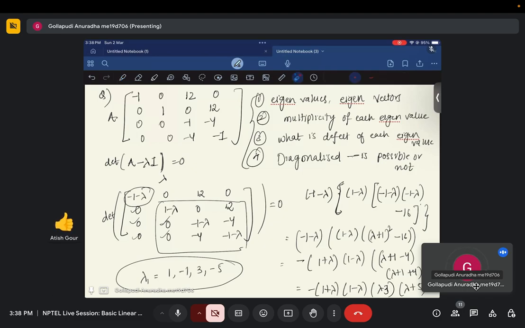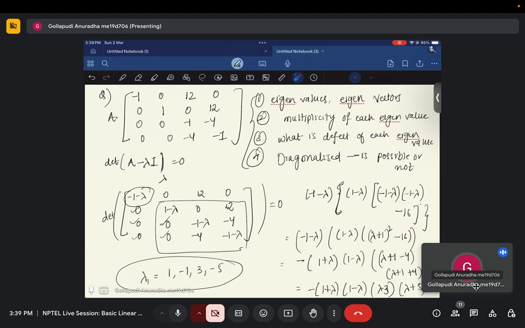So it's a 4 by 4 matrix, but it's a simple one because you have all zeros here. So minus 1 minus lambda into, even this if you're multiplying, then 1 minus lambda into, if you're just doing this, minus 1 minus lambda into minus 1 minus lambda minus of 16, so you can get it like this. And this is anyways outside, and 1 minus lambda is also in factor form only, and here you can write it as minus of 1 plus lambda the whole square minus 16, which is 4